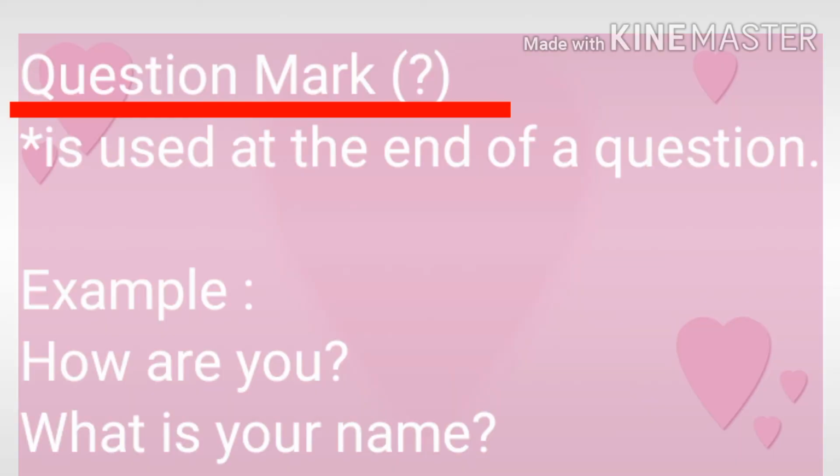Next is question mark. And we know whenever we ask any question, at the end of the question we put question mark. So it is used at the end of a question. For example, how are you? Here I have asked a question, so I put question mark. What is your name? Again at the end of the sentence, question mark. Next,